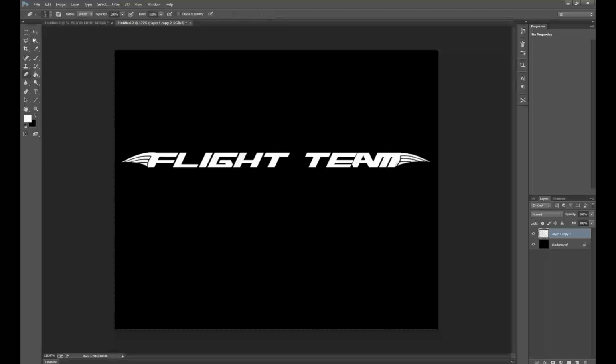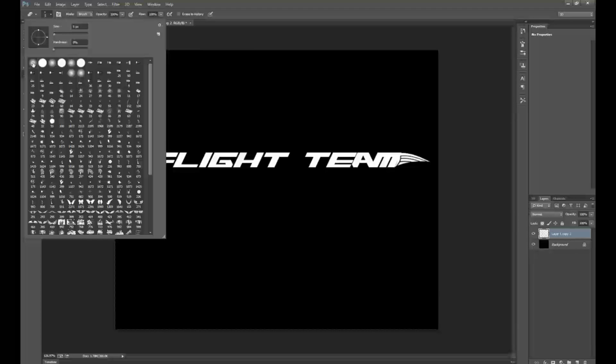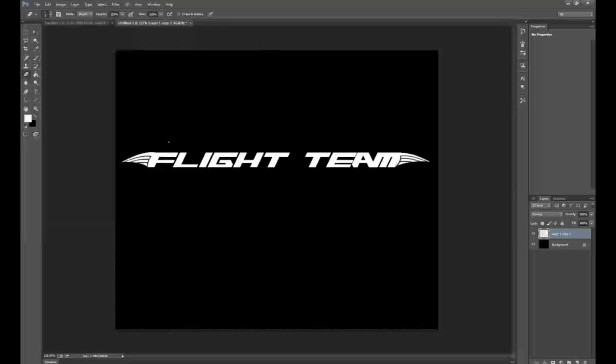I'm going to grab my eraser this time, and I'm going to make sure it's got the feathered edge. I'm going to increase my size. You can do that with your brackets. And start on the left side, and just click a spot. Now hold Shift, and I went to about right here on the M, and that'll make a straight line for